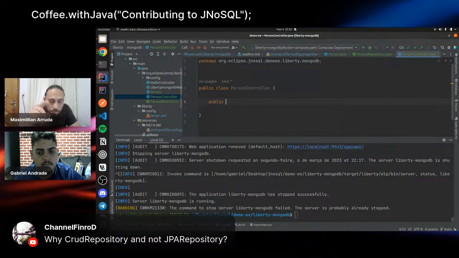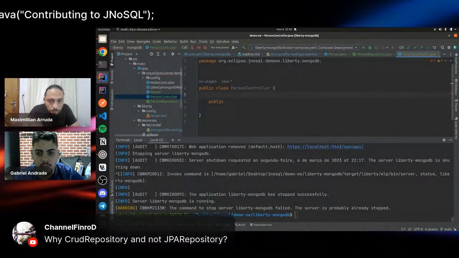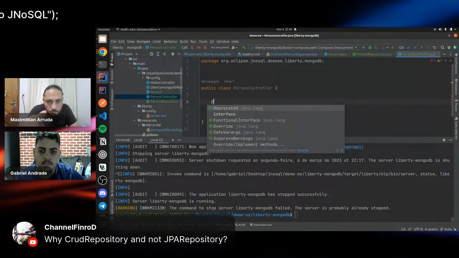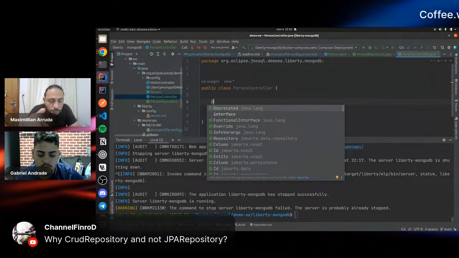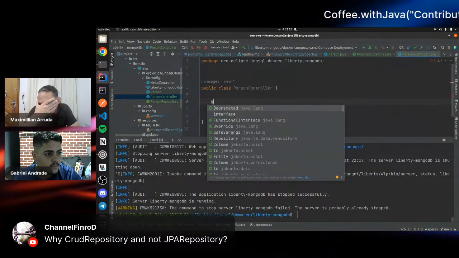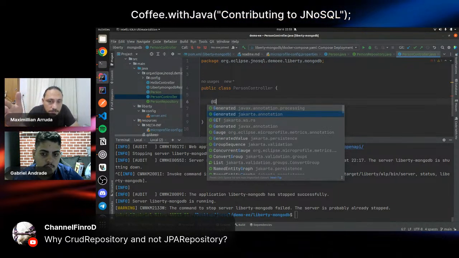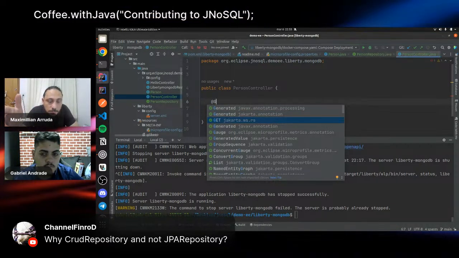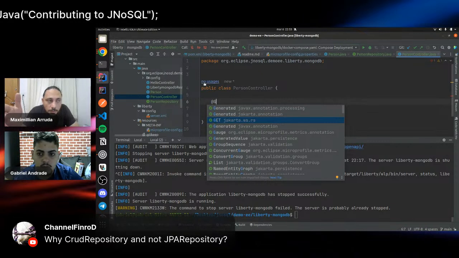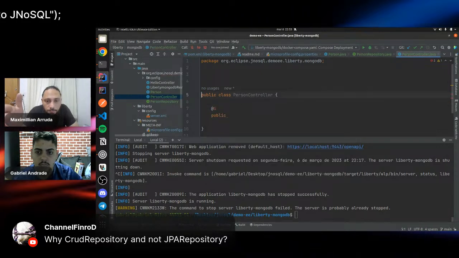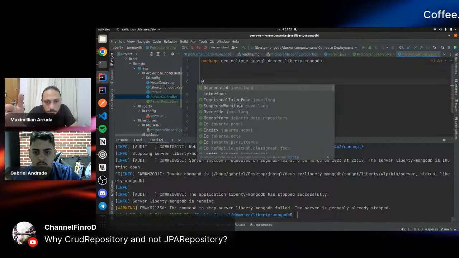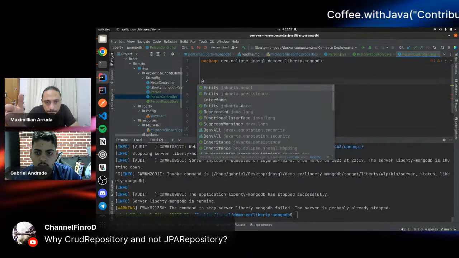So first of all, Gabriel, above the class name you could put the @Path annotation.